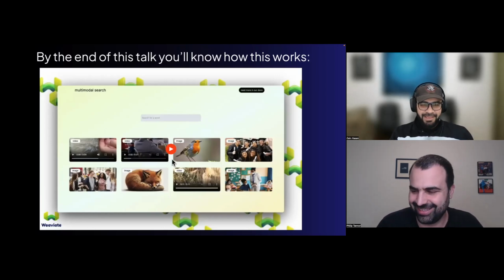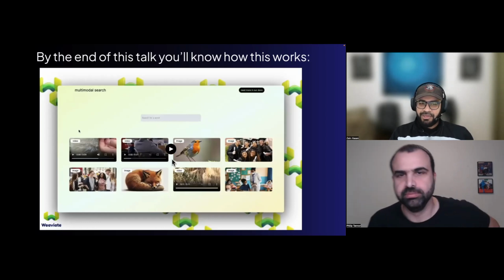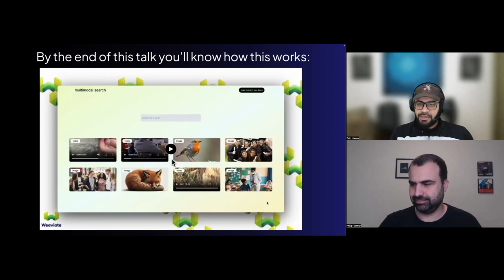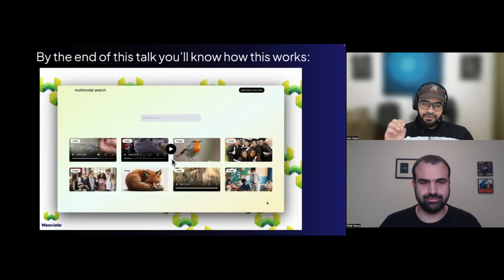So what you saw in this app was multimodal search. You've got this little search bar at the top here, and you can put in text, but what you get out is multiple modalities. You get video, images, audio files, and we played some of those for you as well. How is this actually working? A lot of people think when I show them this demo the first time that we're searching over some metadata, that I took some text description of the audio, the image, or the video, and that's what I'm searching over. And then I'm just pulling out the video that's affiliated with that text.